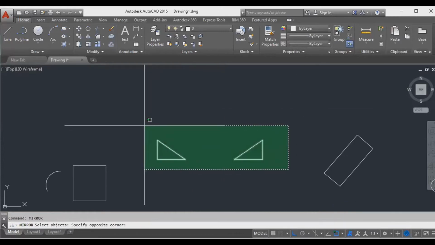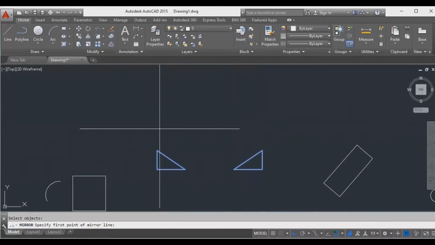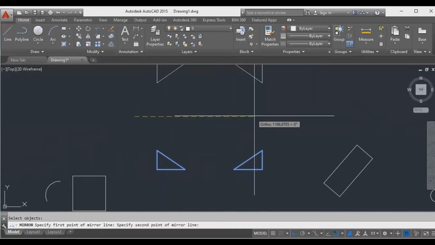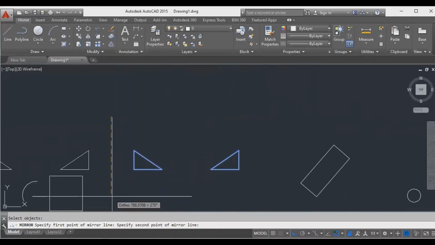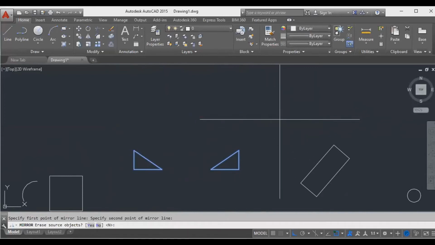I select the two objects, enter. The computer is asking you to specify the first point of the mirror line. I don't have any line to refer to, but I know where to consider the mirror from the object distance. So I will choose here as the first point. I choose here as the second point, horizontally. Click, then no for the erase.